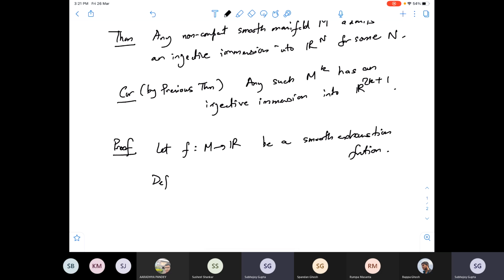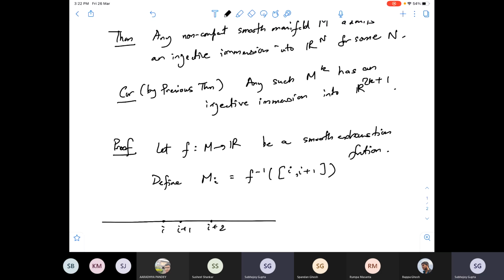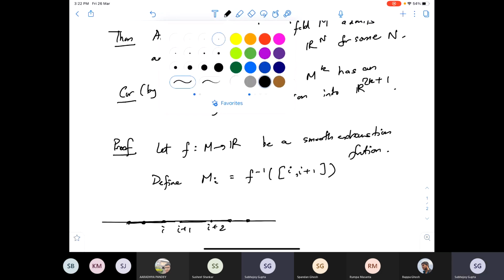So you define M_i, let's call the index i, to be the pre-image of the interval [i, i+1]. It's a closed interval on both sides. So your function takes values i, i+1, i+2, etc. Each of these intervals only meets the next at the integers. Each of these pre-images would give you compact sets, because this smooth exhaustion function by definition is proper, so the pre-image of a compact set is compact. So these are compact